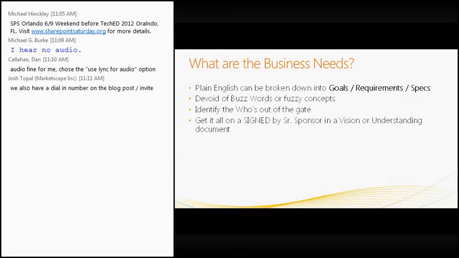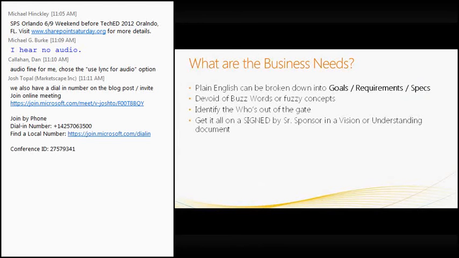And I would suggest making those three distinct documents. You can combine them into one, and they all need to have individual sign-off on them. I would make sure that they're all devoid of buzzwords and any kind of fuzzy concept. They can be general, they can be objective, of course, but I would not make them open to interpretation, so to speak.